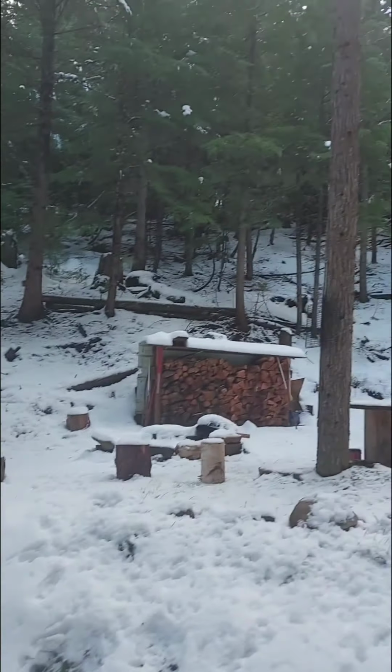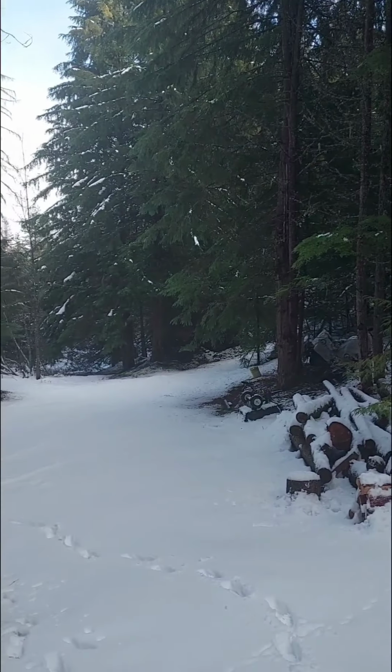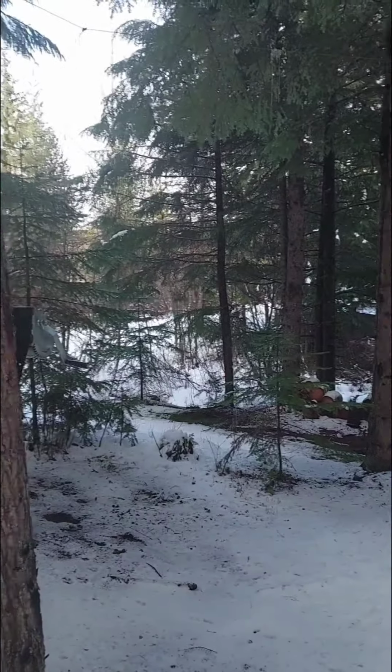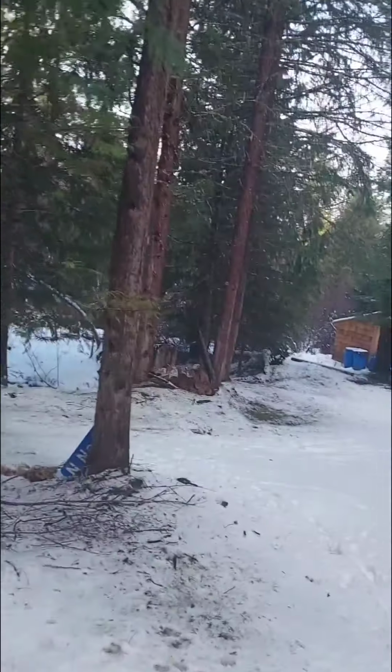So behind us, we have 5 acres. Behind us is Forest Service. We have a full-timer that lives next door and one across the street, if you will. But yeah, they're all off-grid too. So continuing down the hill,